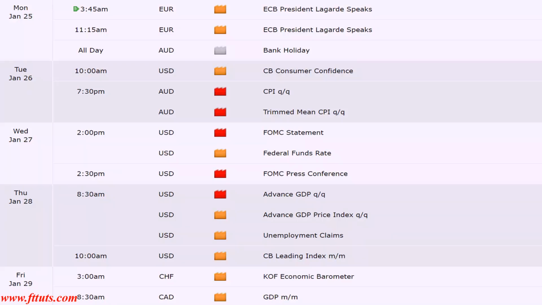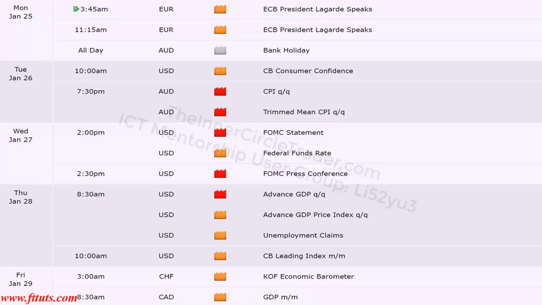And on Friday, 3 a.m. and Friday, how did I get that Swiss in here? You guys know I never have the Swiss franc in any of my discussions, but I'm not sure how I got that there, but there it is for you. Okay, you can see it. Medium impact economic barometer. And just so you know, I'm not trading and I don't trade Swiss franc. But 8:30 a.m. medium impact for Canadian dollar, GDP on Friday closes our calendar.